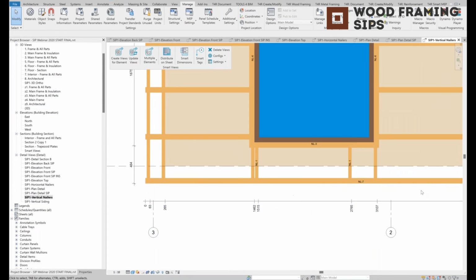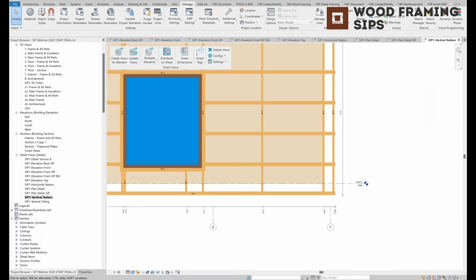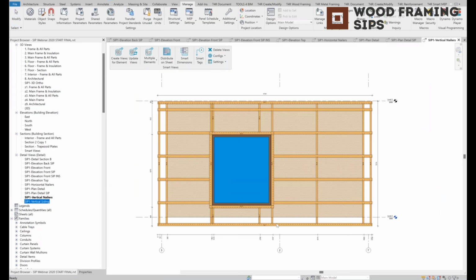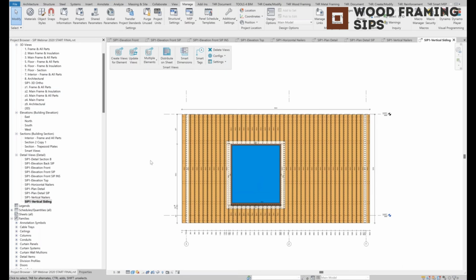In this example you can see that I added an ordinate dimension type, so you can choose what kind of dimension type you want to have in each view. And finally, the view with the vertical siding. And now the